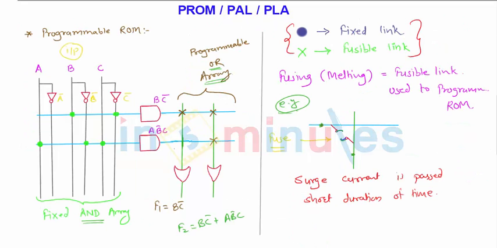Here we require to have a buffer. Buffer is used to get the A bar. We have used a NOT gate here, but instead of this NOT gate we are going to use a buffer. How we are going to use this buffer? Let us say we have an input A to which we have connected a NOT gate. So what we have here is the A bar, and again if you connect a NOT gate, you will get the A once again. So instead of using two NOT gates, the design is like that.